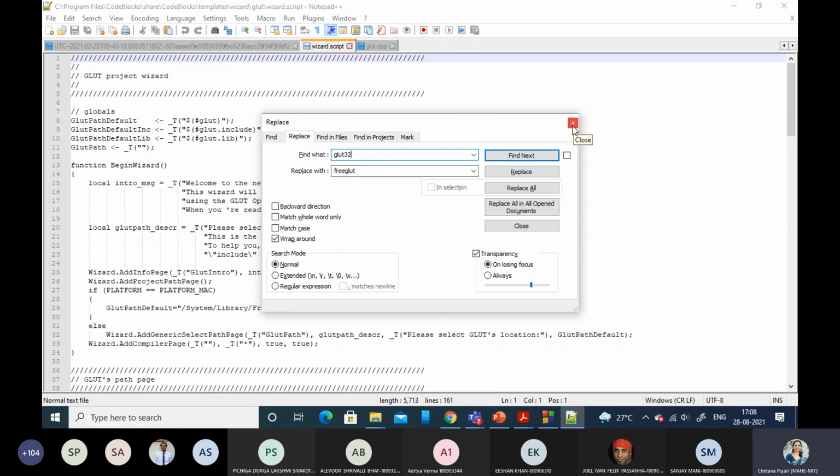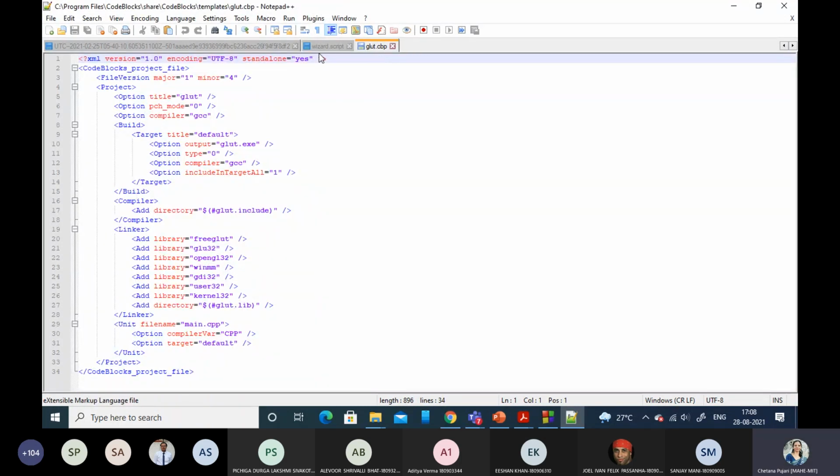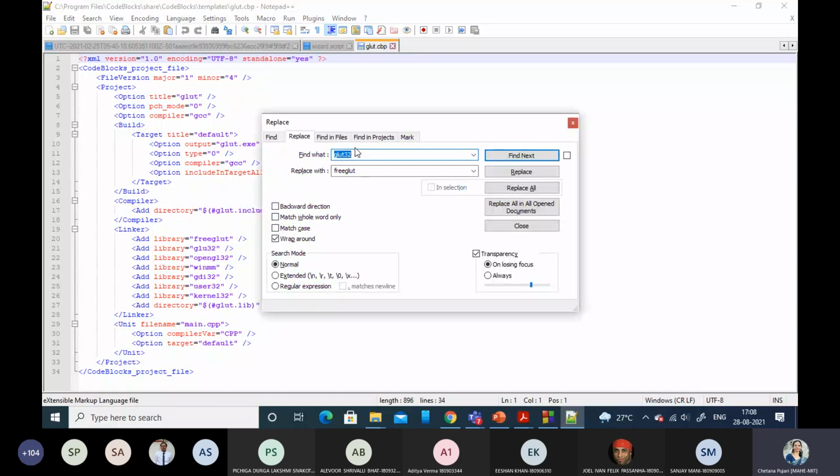Once that is done, one more file you have inside Code::Blocks. Go to template. There you have glut.cbp. Here also you have to change the permission, similar to how you did for wizard.script, and again replace glut32 with freeglut. This is located in the same location: Code::Blocks, template, freeglut.